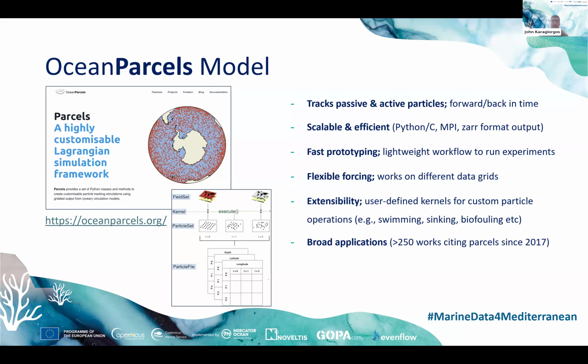Ocean Parcels is an efficient framework written in Python and C programming languages. The outputs can be in efficient formats like Zarr, while it supports MPI parallelization for large-scale experiments. It has fast prototyping and extensibility features for the end user, so someone can create very quickly different numerical experiments and scenarios, and also adapt